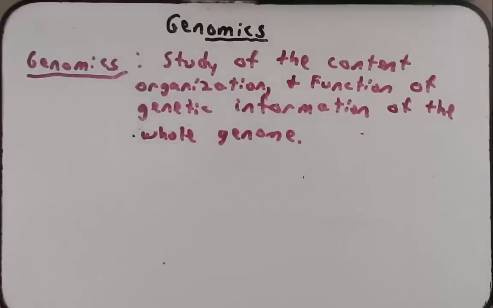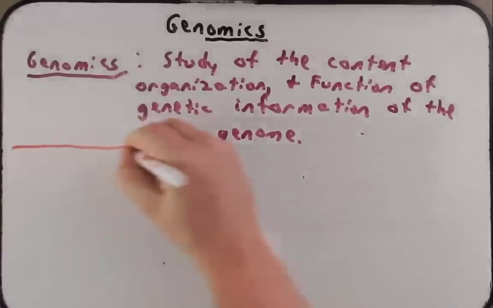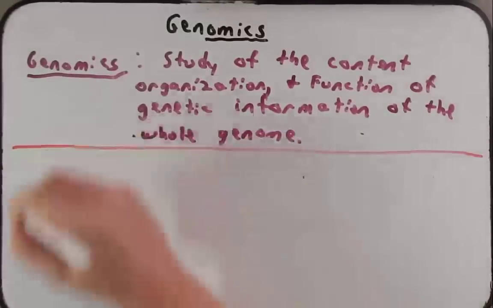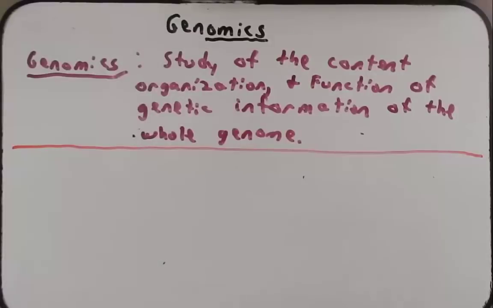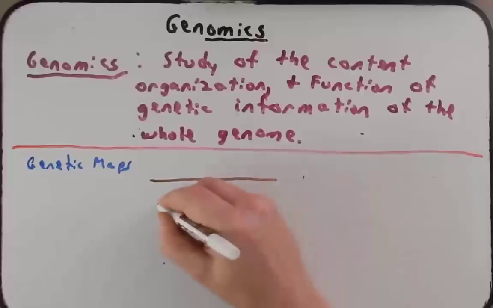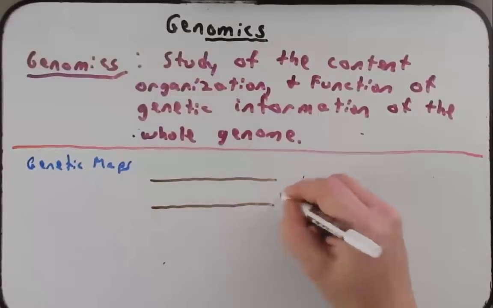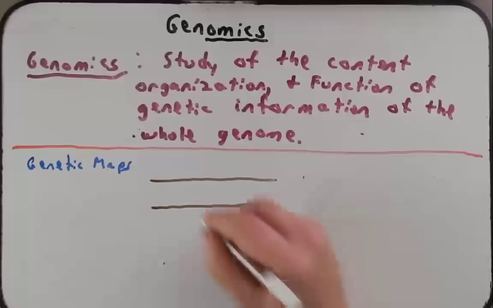Now, to get to the point where we actually have all this information, it took a long time to get there. But in order to get here, we needed a map, just like you might need a map to get to anywhere you want to go. And we've talked about at least one of these maps before. We've talked about genetic maps. If you remember, a genetic map was made by understanding the relationship of genes based upon their recombination frequency.